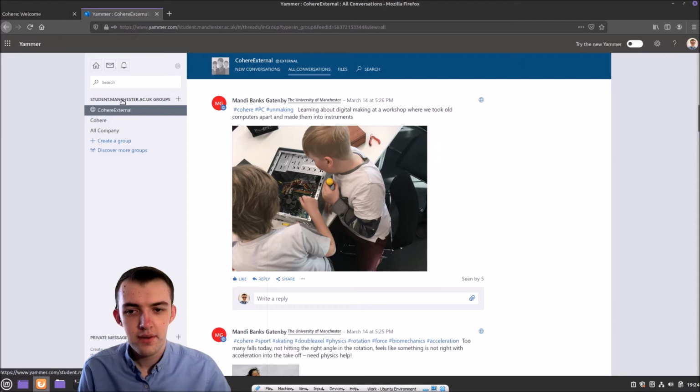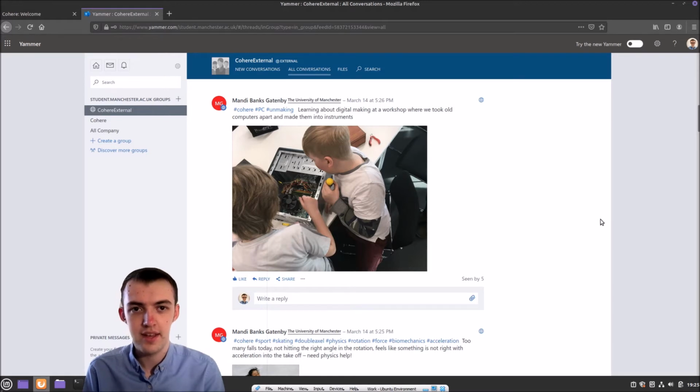Now, the way we've had to do this is the community is set up in the student group, which you can see here. Now, we've done this because it means that any student can join into this. We decided that we wanted it to be available no matter what course unit or general degree you're studying, so that we can see how different subjects tie into each other. It does, however, mean that any external users outside of the university and indeed staff members must be invited manually. This was a small trade-off, but we hope that it will pay off in the long term, as the alternative would mean adding every single student, which will be a much bigger job than adding the staff in.